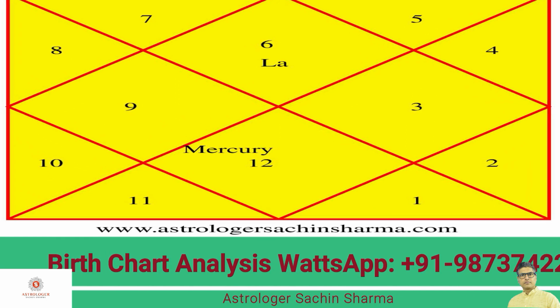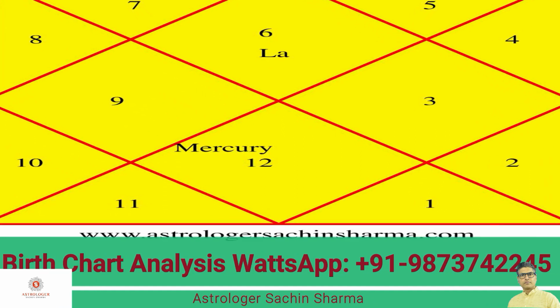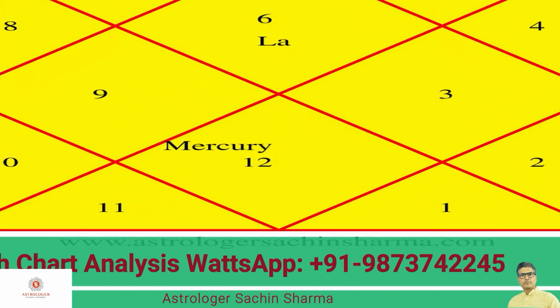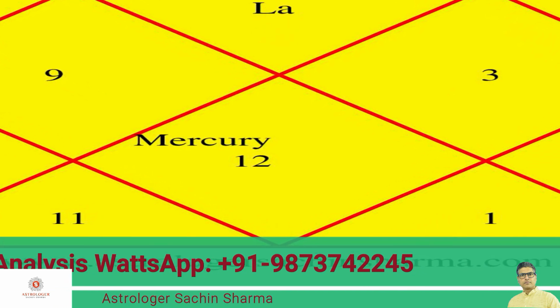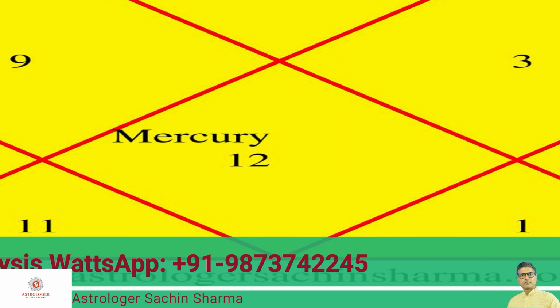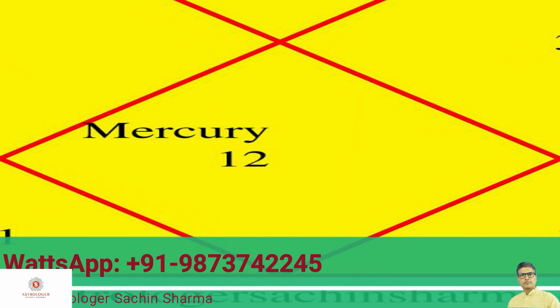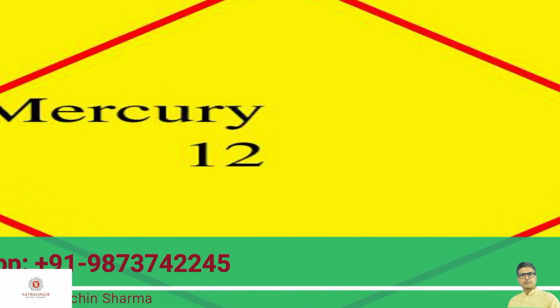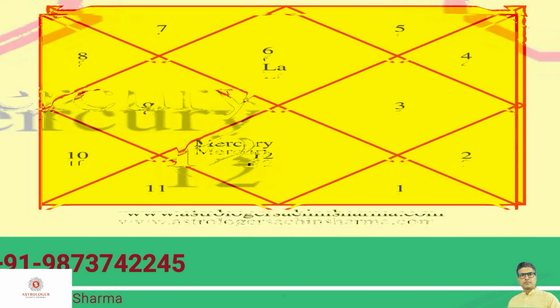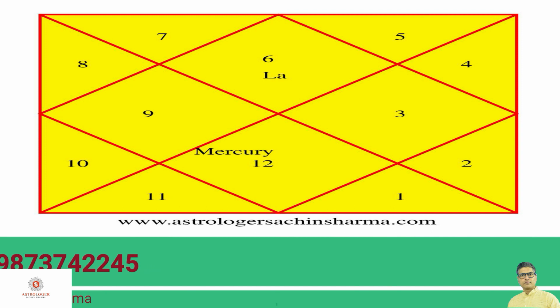And as we have discussed, debilitated is just opposite to exalted sign, that means whenever a planet is placed in the debilitated sign, that particular planet will give its negative results, and you have to remember the properties, the details of each and every house thoroughly, so that things will be very clear to you. So here I am showing the example of birth chart where planets are placed in debilitated sign.